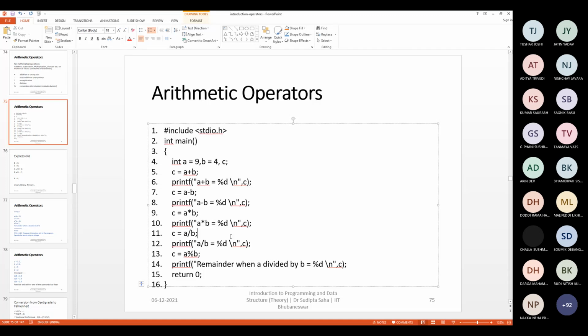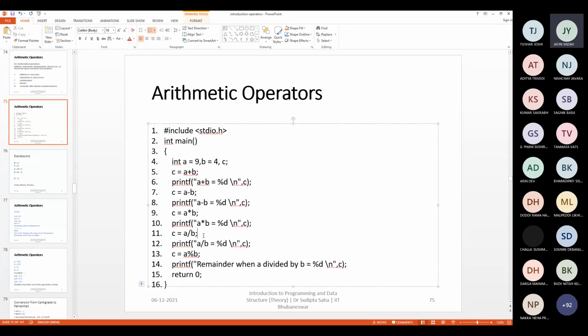That is not actually going to work, because the problem is happening in this operation. When you are dividing two integer variables, the result will automatically be an integer, and as a result you lose the fractional part. So although C is a float variable in the modified version, the result stored here is an integer, and then the same problem will come back. Only 2.0 will be seen. Earlier you were seeing 2, now you will be seeing 2.0. So the fractional part will be missed out.